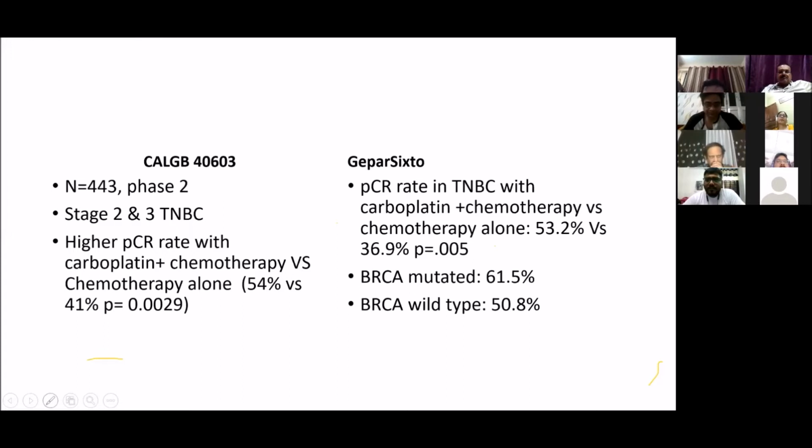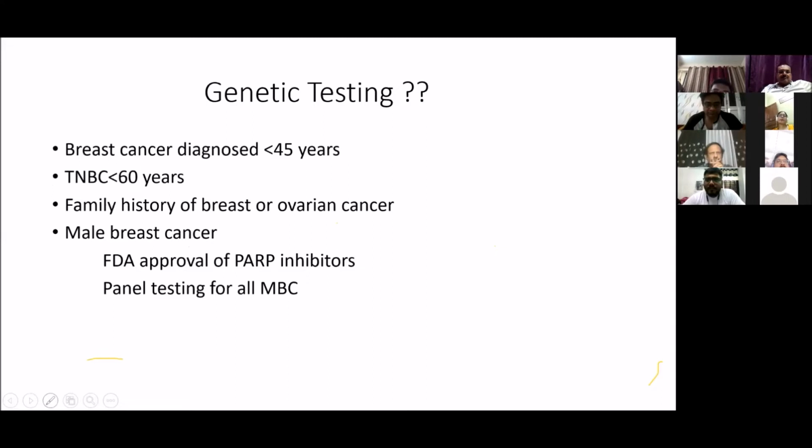So this brings us to a very important question, which is routinely asked in most of the exams, which is when to get genetic testing done. Now, conventionally, we say that it is when a breast cancer is diagnosed at less than 45 years of age, TNBC at less than 60 years of age, a familial history of breast and ovarian cancer, or a simultaneous breast and ovarian cancer in the same patient, or male breast cancer. But